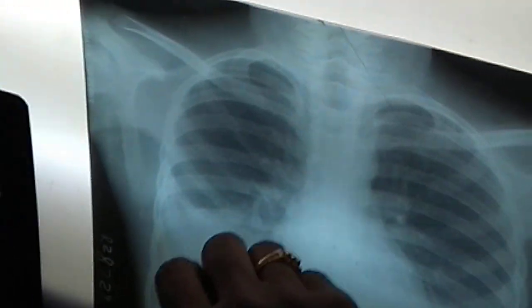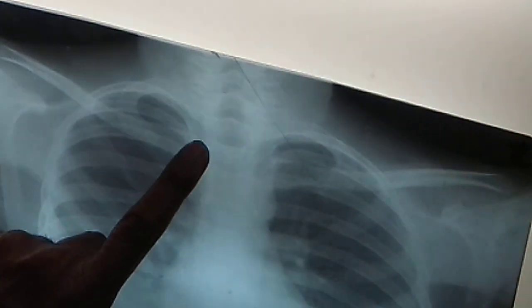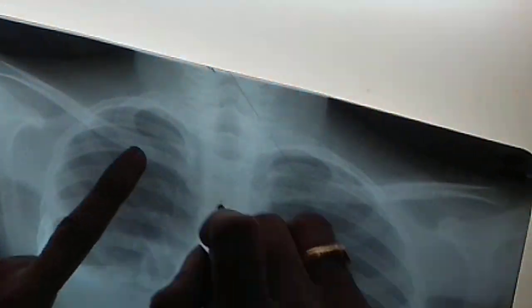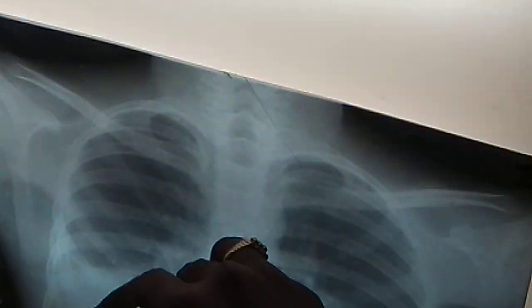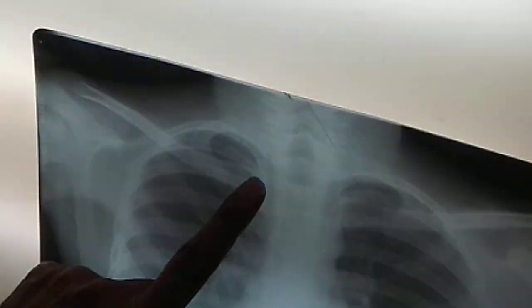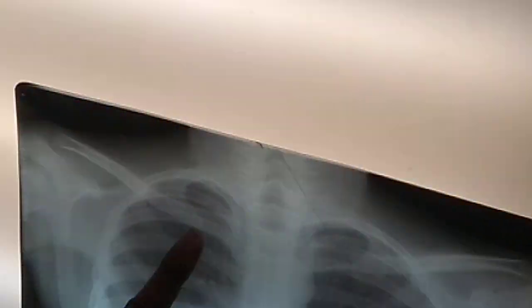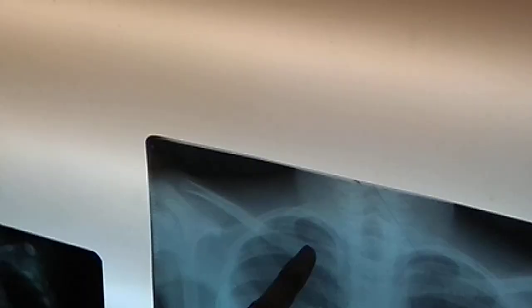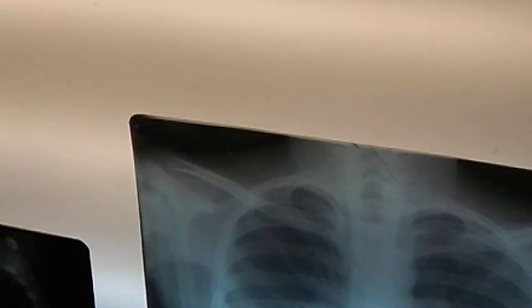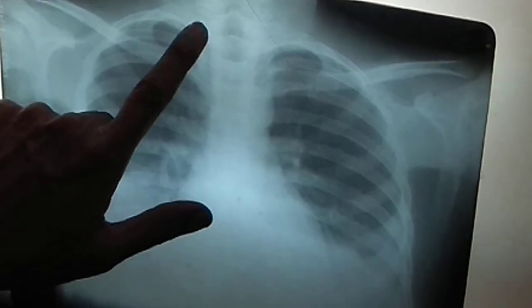See, you can trace the rib. Suppose the rib is starting here, where it is going, it is ending here. You take this one, it is coming and ending here. This is the posterior end of the rib. The anterior ends will be seen lying there. If you join the anterior ends, why is there a gap here? Cartilage is not really seen. So you can count from the posterior end.